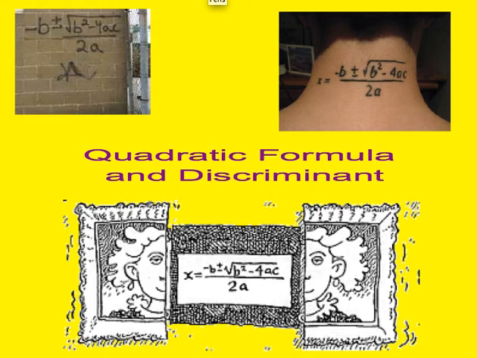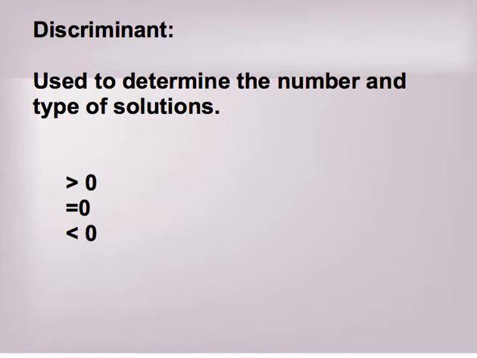Today we're going to do section 4.8, which is on the quadratic formula and discriminant. The actual discriminant is a formula, and it's b squared minus 4ac. Now, if you think about that, that's what's underneath the square root in the quadratic formula. Now, you could go ahead and just do that, and that could tell you the number and type of solutions